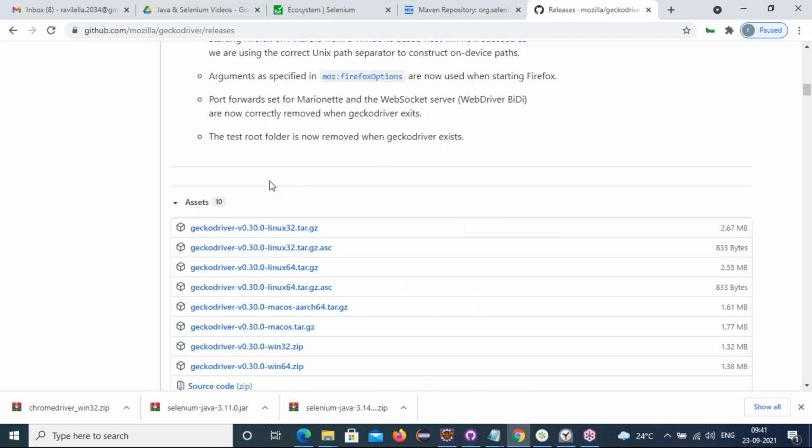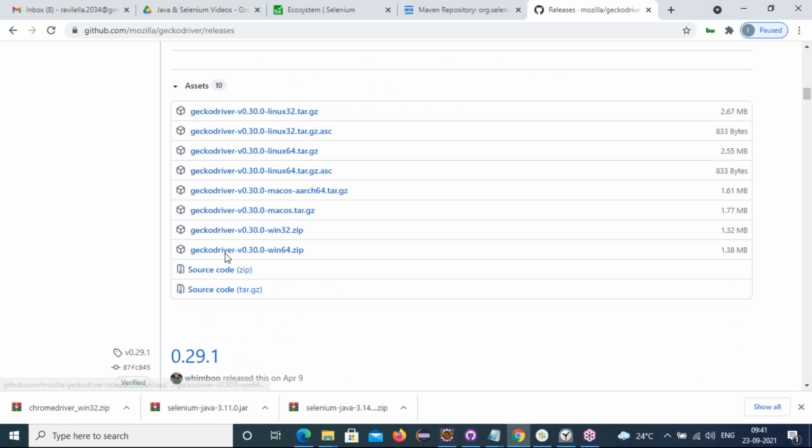If you want to download the Firefox drivers, irrespective of the platform, we have it, like how Chrome has the drivers irrespective of the platform. If you want Firefox drivers for Windows 32-bit, download this. Windows 64-bit, download this. If people are working with a Mac, go with this. If people are working with Linux, go with this Firefox driver to download. Mine is a Windows 64-bit system. I am going to download this one, the Gecko driver 0.30 Win64 zip file.